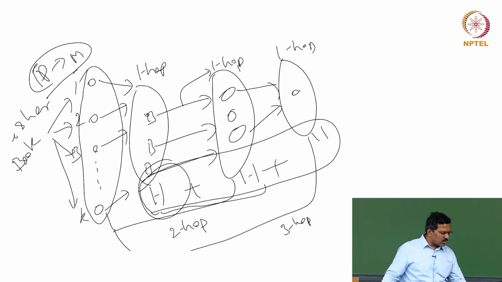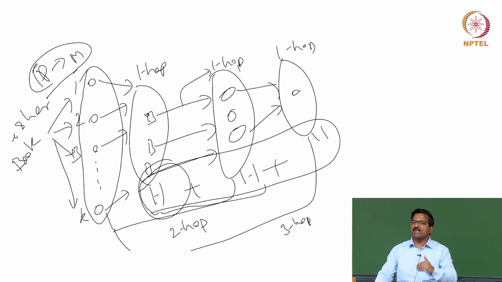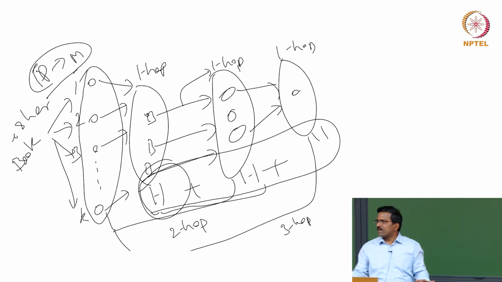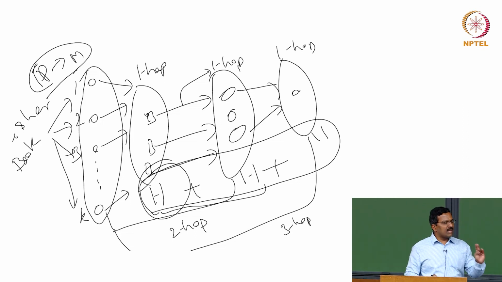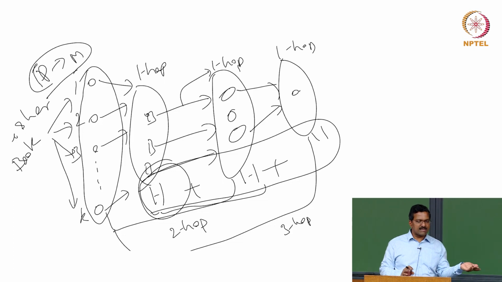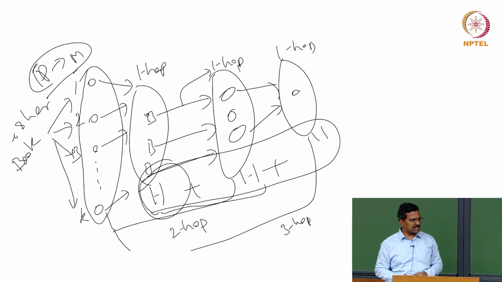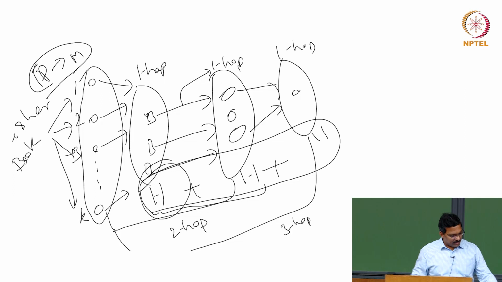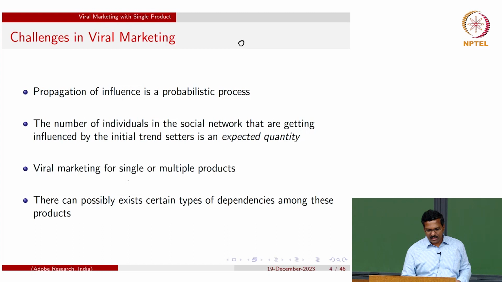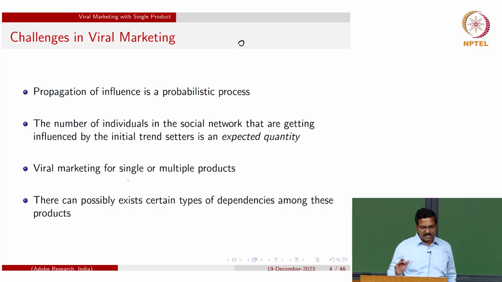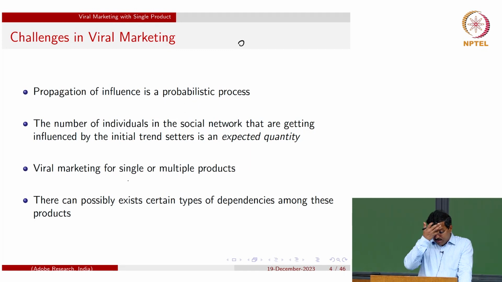Roles are clear, students and teachers, and influence is also very clear, in the teacher to student direction. All these things are explicit. In real-life arbitrary social networks, roles are not explicit, and the level of influence among pairs of individuals is also not explicit. That makes this problem very hard and interesting. Is this clear so far? Okay. With this backdrop, I will explain the mathematical formulation of this.